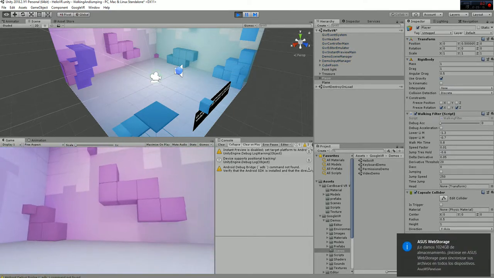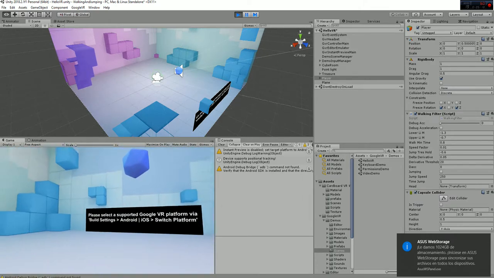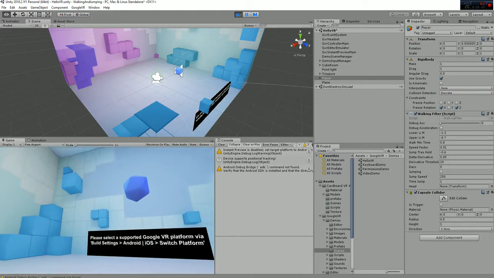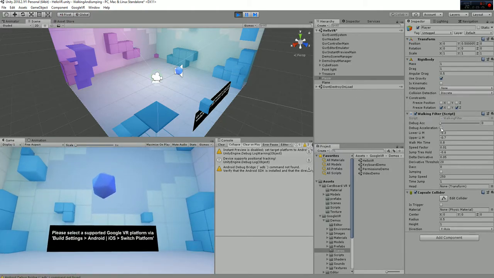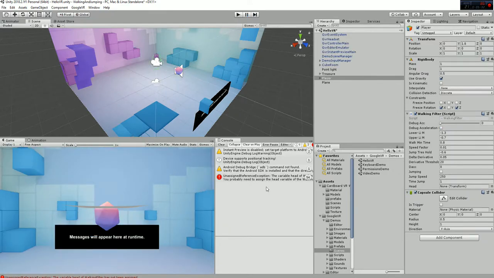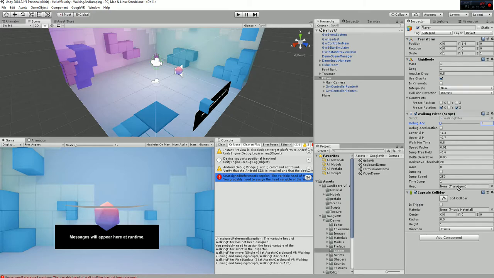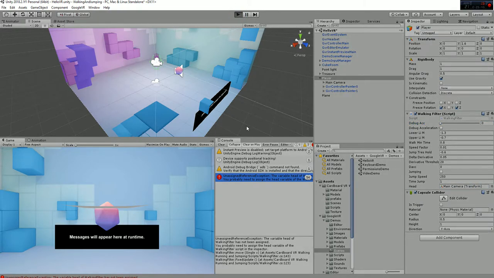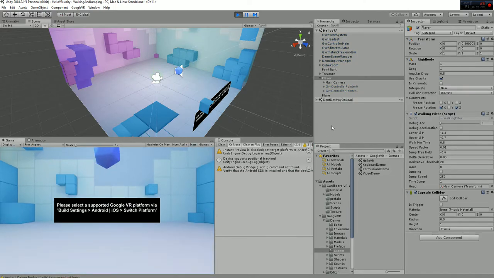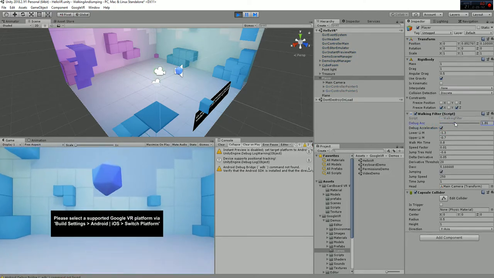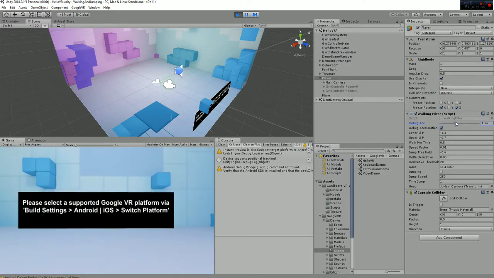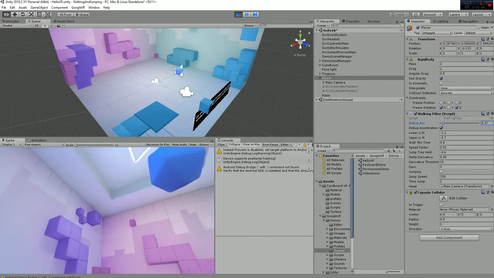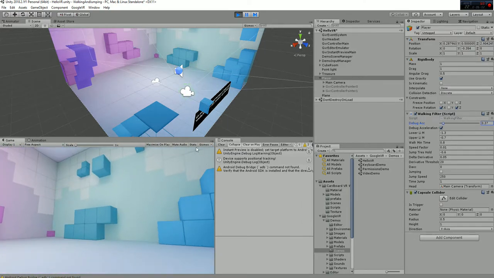So you can see how I can still move in my environment with my head. Okay, I can rotate my head and everything. And now, because of the fact that I have added the walking filter, I can move the player. If you have this error here that says that the variable head is not defined, it's because we have to select the main camera and drag it to the head like this. Okay, so let's check it again. You go to the debug acceleration, and okay, as you can see, you can start moving and jumping in your game. So you can see how everything works properly in the new scene of